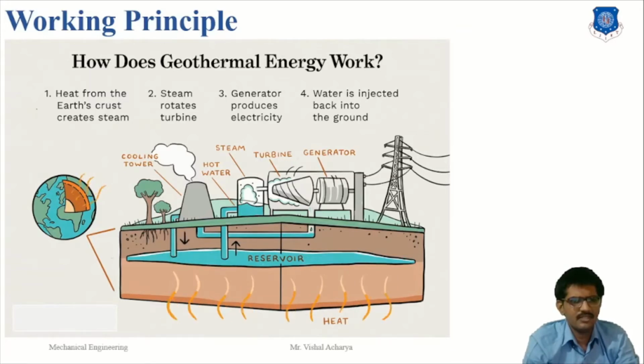Here is the main working principle. The magma heats the water present inside the earth and increases its temperature to greater than 182 degrees Celsius or 150 degrees Celsius. This hot water from the earth is piped to the surface through the hot water well. The steam from the hot water is separated and made to strike the turbine blade and it starts rotating. A generator coupled to the turbine also starts rotating and produces electricity.